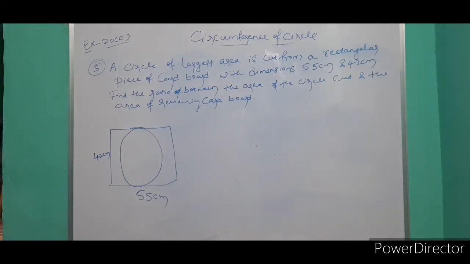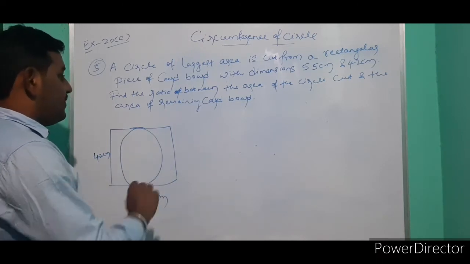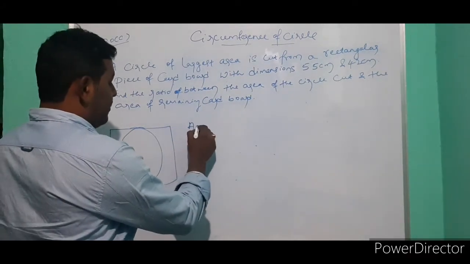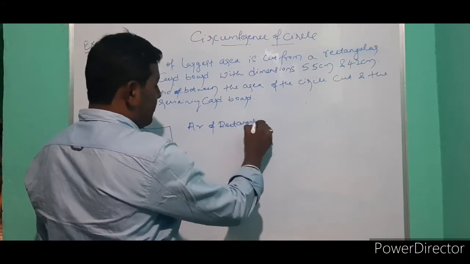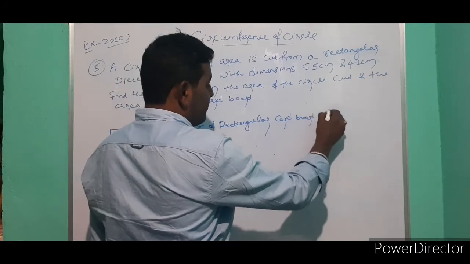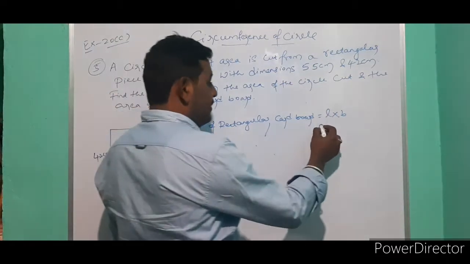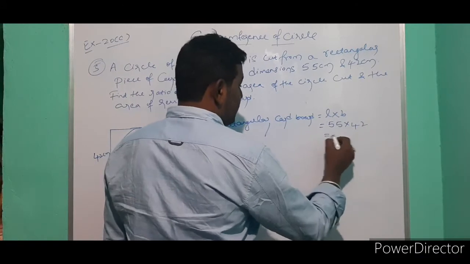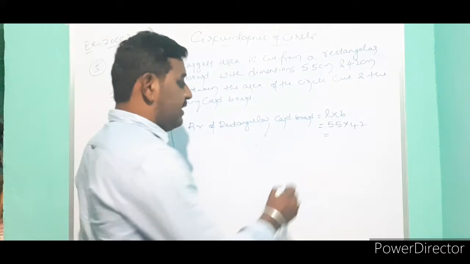Here they are asking to find the ratio between the area of the circle cut and the area of the remaining part of the cardboard. So first we have to find the area of the rectangular cardboard. What is the rectangular area? L into B, where L is 55, B is 42. If you multiply these two, you will get 2310